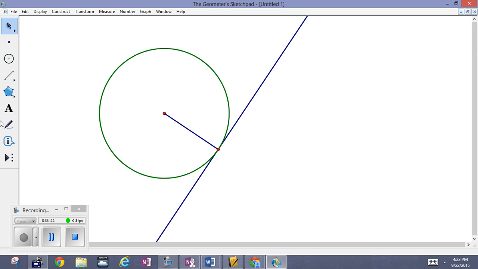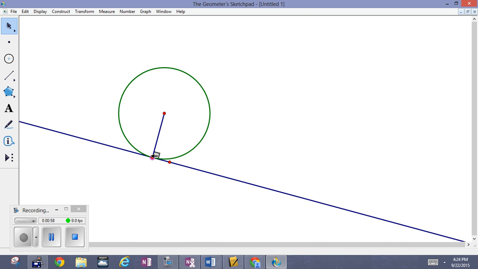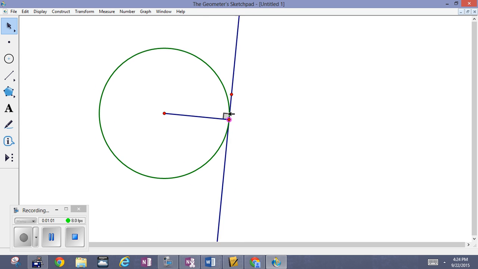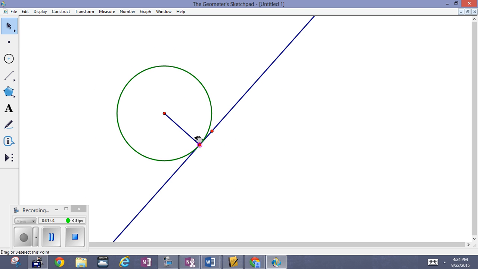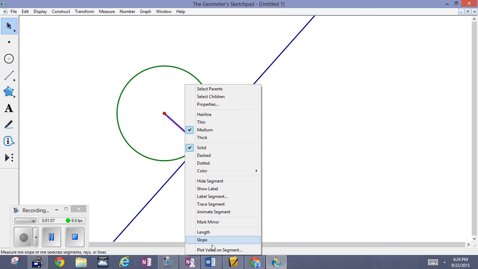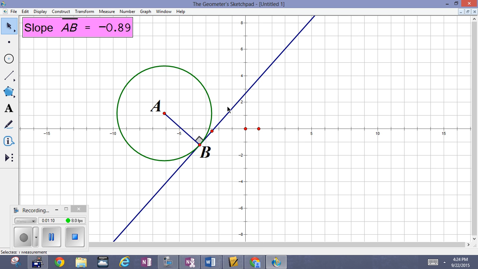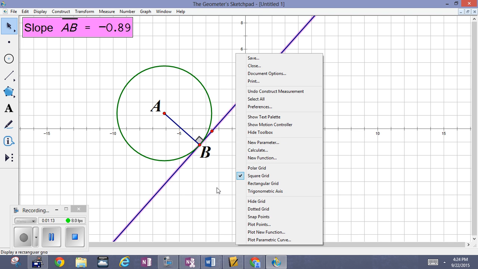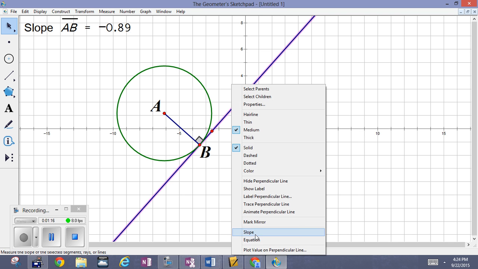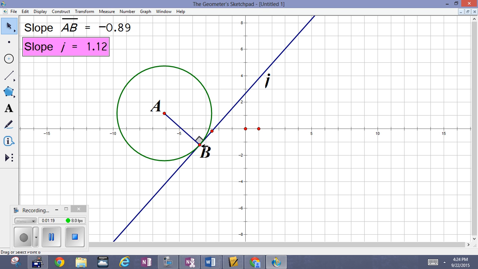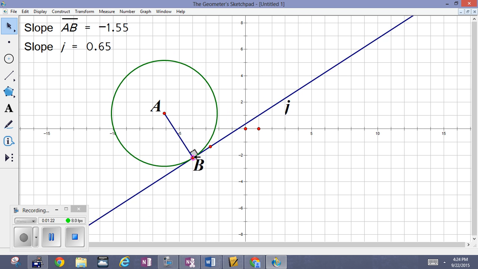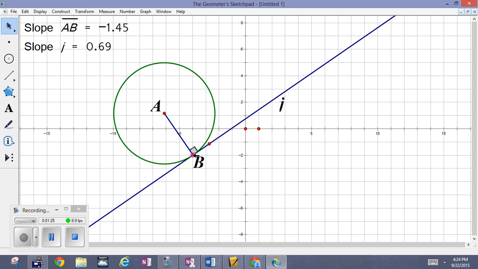So the idea here is that there's always a right angle formed between the tangent and the radius. Okay, and again, any way I sweep this, that perpendicularity will always be maintained. Of course, the perpendicularity is kind of highlighted by the slope. Okay, and so if I took the slope of these two segments and looked at them, it may not be obvious here in this arrangement, but one thing that's true: